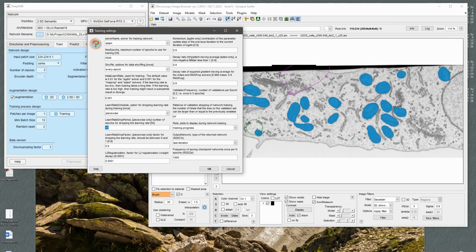There are a few other parameters that are more specific to some solvers, and perhaps one of the other important parameters here is the validation frequency. Now I don't have a validation set, but if I had one, this would tell me how frequently the network will evaluate itself, how well it performs. Now, if it's 0.1, it means that it will evaluate itself after every 10 epochs. Actually, just to give you an idea how it works, let's put 0.5 here, so once in 2